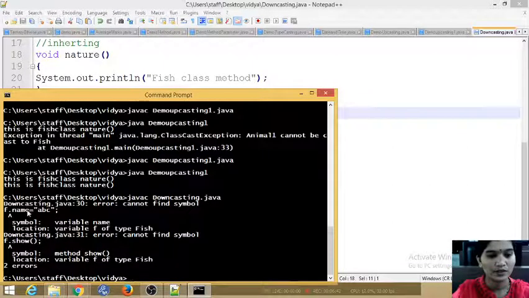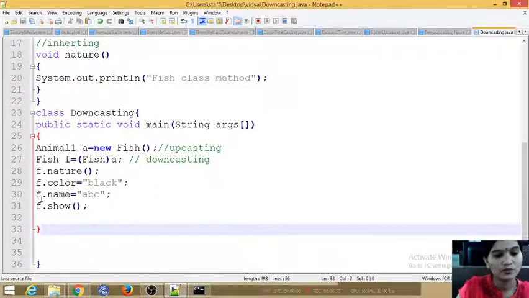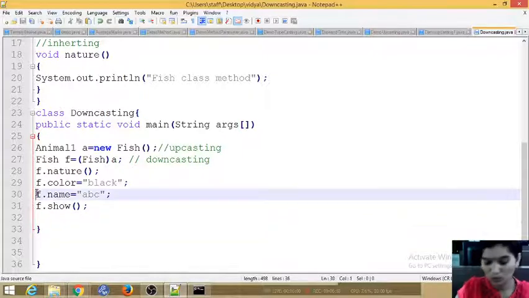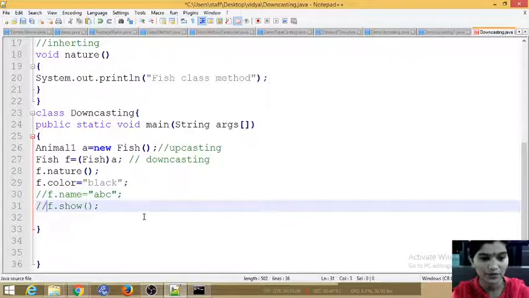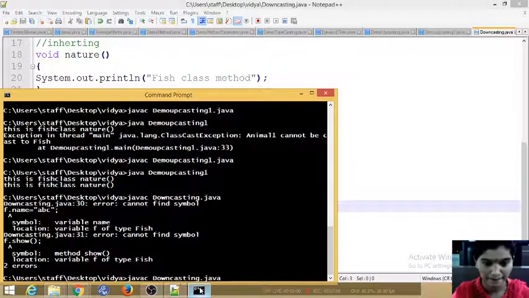It is a variable of the child class, so it is not accessible, and show is also present in the child class, so we are not getting it. Only the superclass members you are going to be able to use.